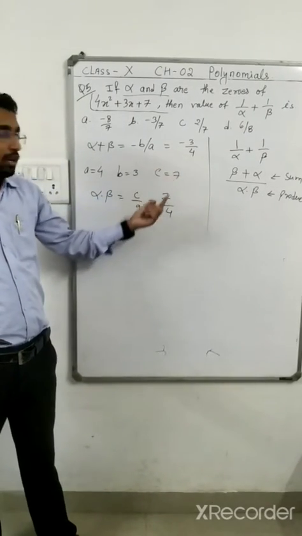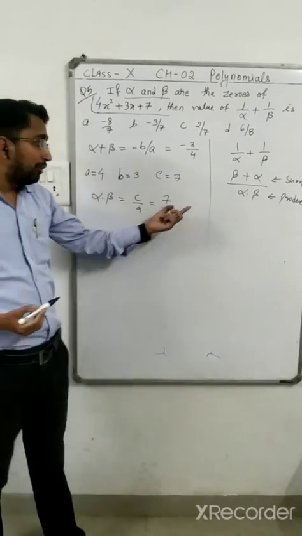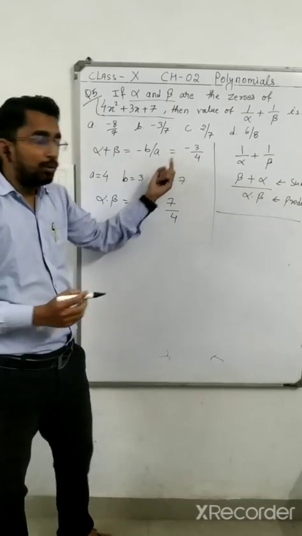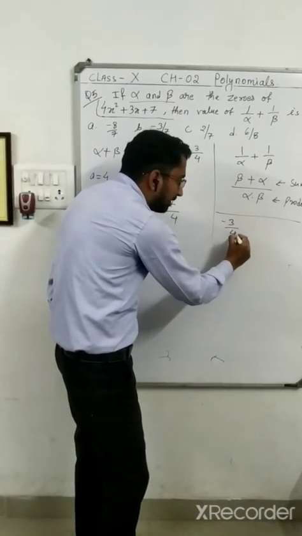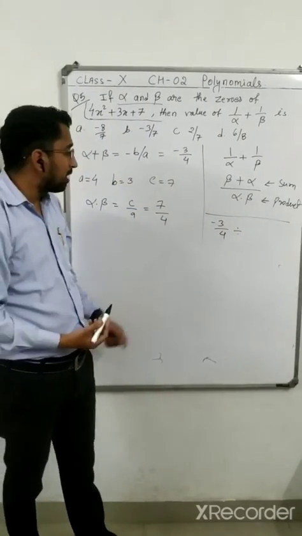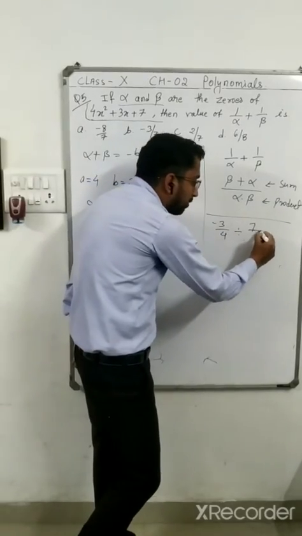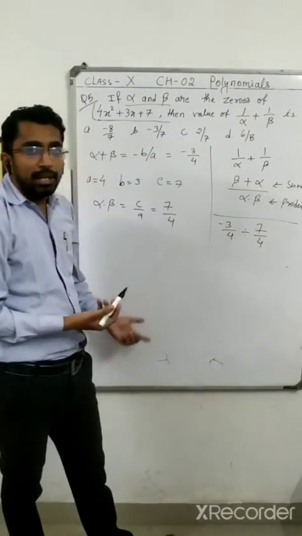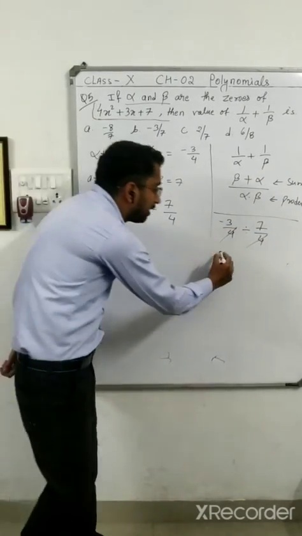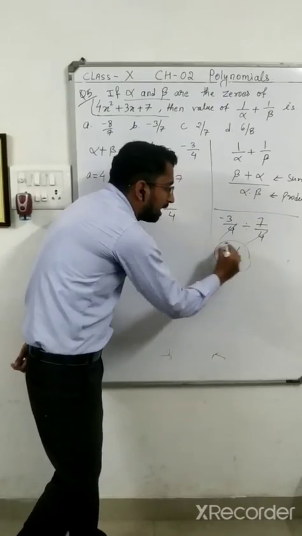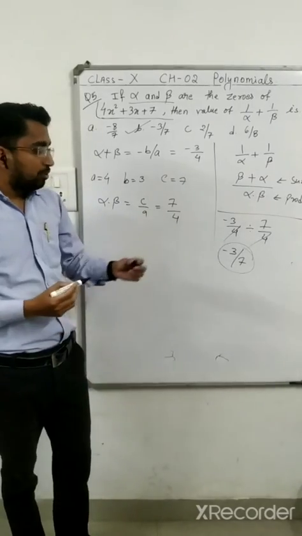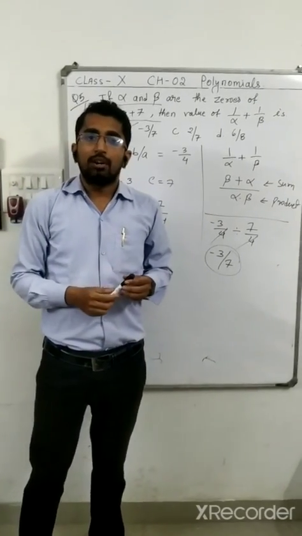Minus 3 upon 4 and then we have 7 upon 4. So try to understand. If I put it this way, the sum is minus 3 upon 4, so I am writing minus 3 upon 4 divided by, because in the fraction we have alpha into beta, 7 by 4. So here you can see 7 by 4. Simply, I can cancel this 4 and 4. I will be left with minus 3 upon 7 as the final answer. So this is option number B, the correct one. In this way, you can study polynomials. Thank you.